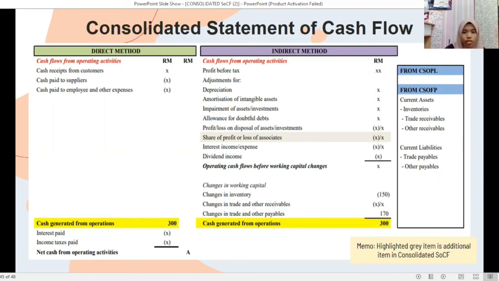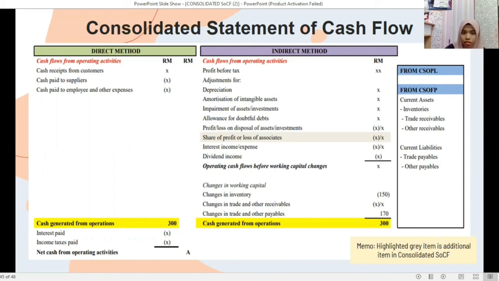So the difference between the direct method and the indirect method is the cash flow from operating activity. In the direct method, we will directly take cash received from customers, cash paid to suppliers, cash paid to employees and other expenses. While in the indirect method, we will take the profit before tax and we need to adjust